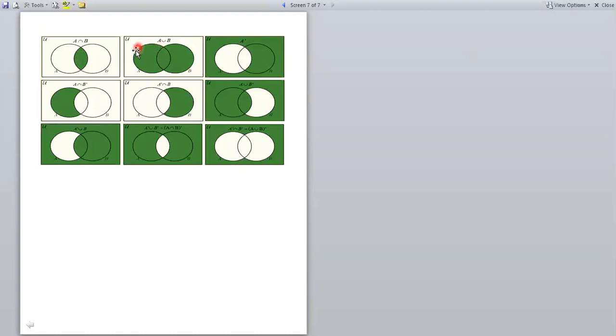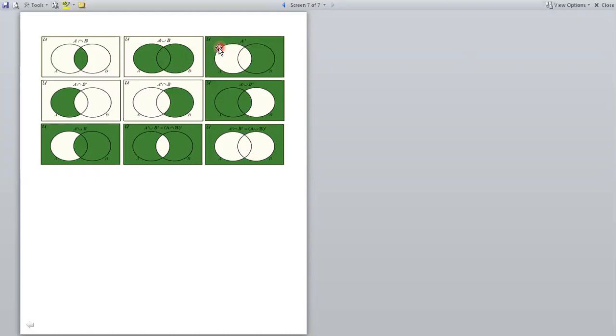Next, this is set A and this is set B. When we apply the union operation, it contains all the elements of A and B both. So this green shaded area defines the union. Okay, union operation. Next, A complement. What is A complement? A complement is what is not present in A. This is called the A complement. You can see this in the definition of the complement section.